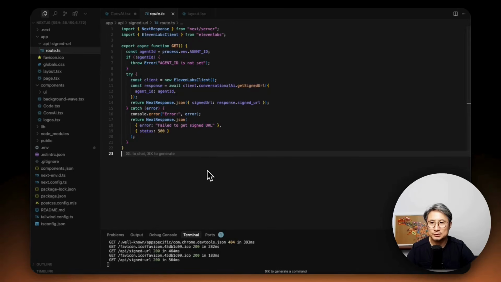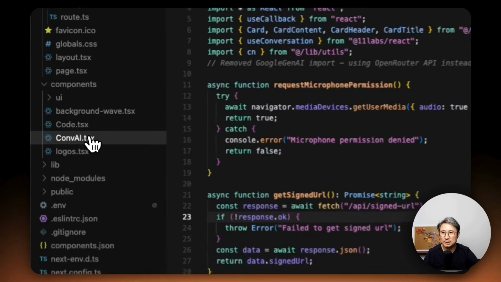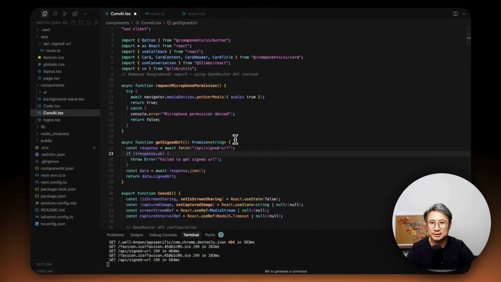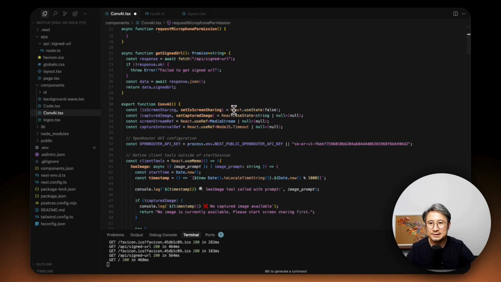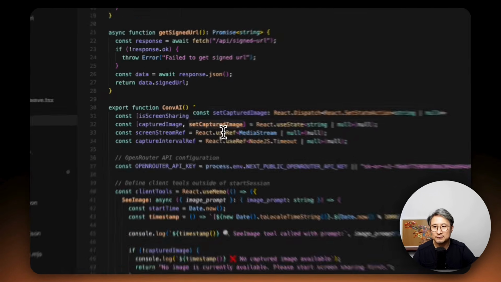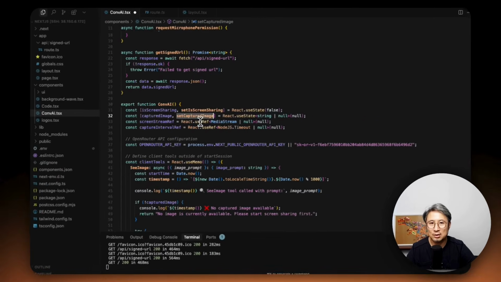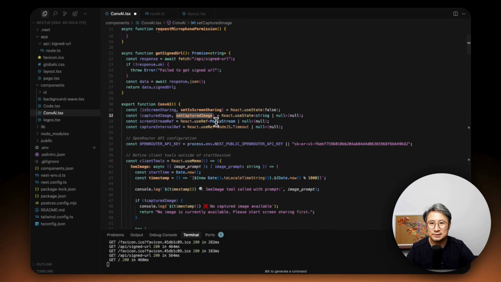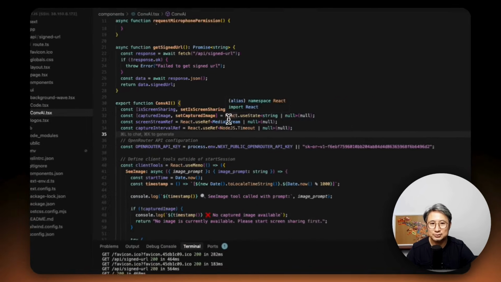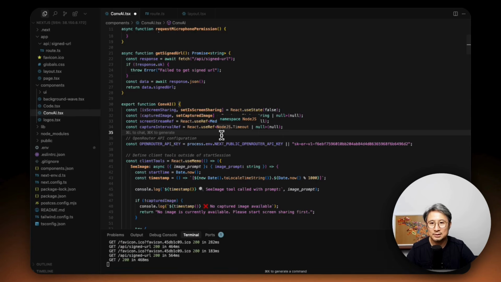Now let's move into the main code in conversation AI.tsx to break this code down. First, at the top of the component, we use React useState and useRef hooks to manage the application state. We have isScreenSharing to track if screen sharing is active. We have captureImage, which will hold the base64 data URL of the latest screenshot in our local storage, and a couple of refs to hold the live media stream and setInterval timer so we can clean